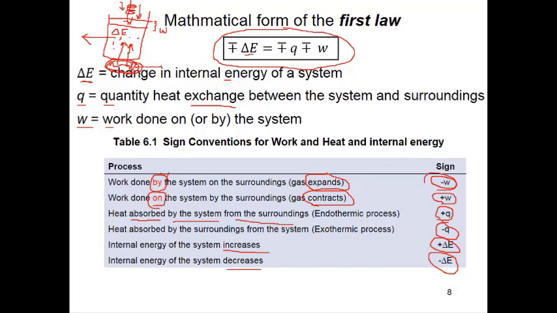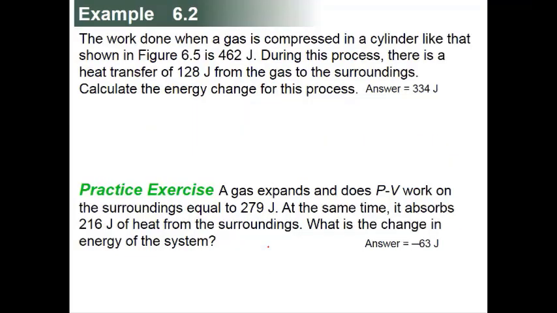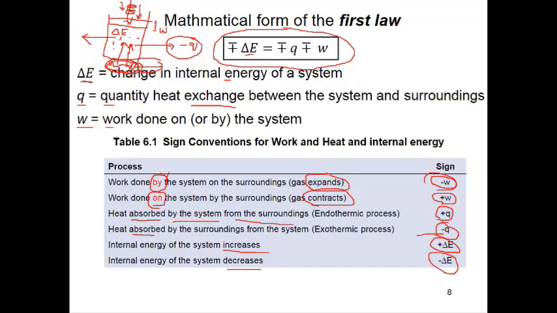heater and change it with some cooler here, or remove it, the energy will go out, and then Q will be minus. So minus Q will be there because energy is going out. So this minus Q here means heat is released. This is number 4 here. Heat is absorbed by the system. Okay. So this is the problem here now. I hope you understand all these 6 conditions here, and then